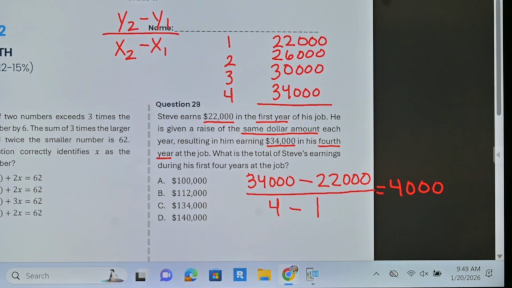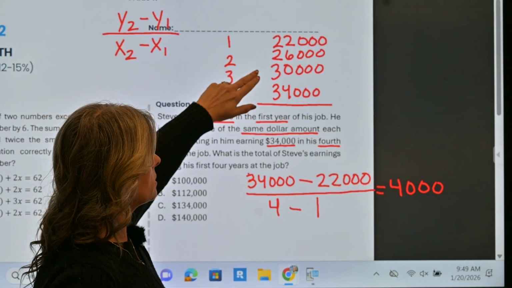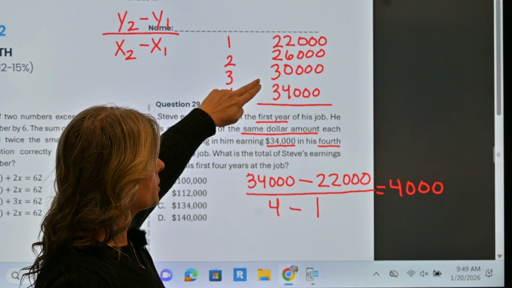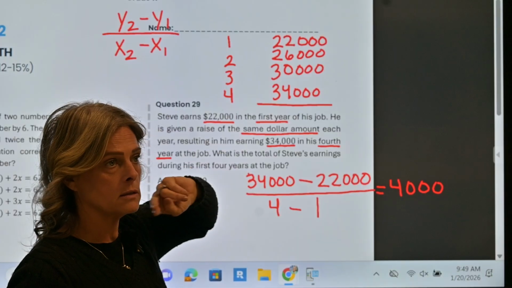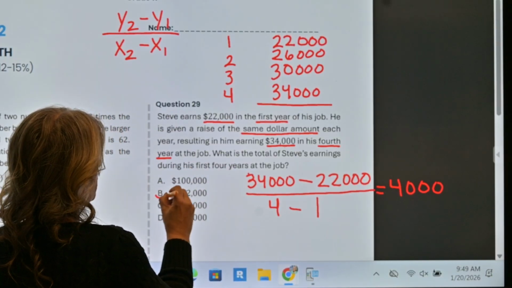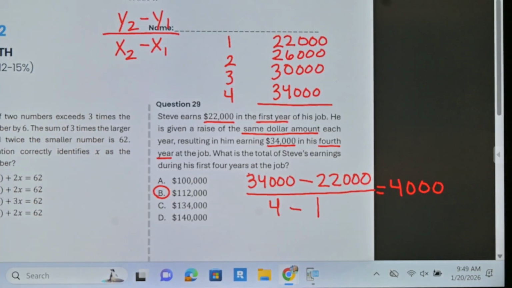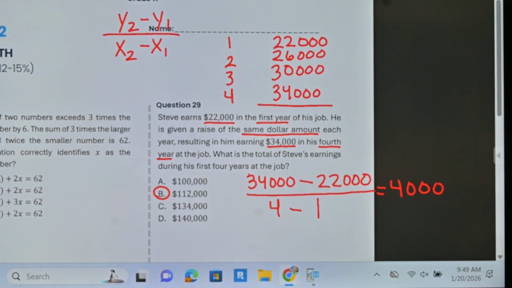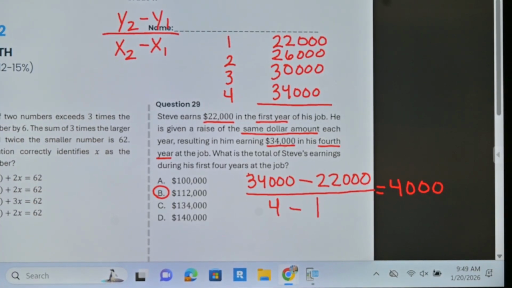What'd you get? If you added 22,000 plus 26,000 plus 30,000 plus 34,000, what do you get? 112, okay. I'm sorry, I thought I heard 400 something. So 112, okay? Now let me show you kind of an easier way if you're not sure to use